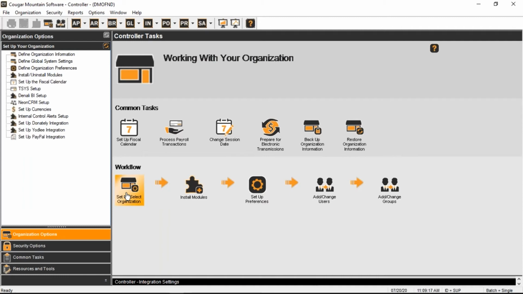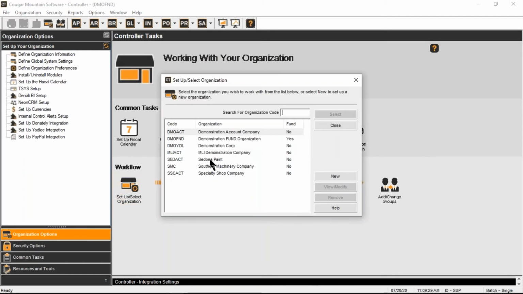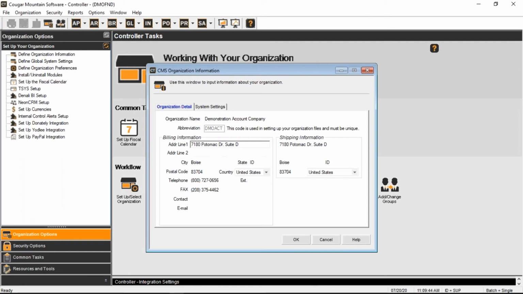You can set up any other users to go ahead and do anything else in the Denali system, except for that one thing. The SUP is the only one allowed to go in and edit the company information. So when you click on Set Up Your Organization, you see a list of your current company files that you have. And if you need to make any changes, you click this button here to View Modify. And then it opens up that company screen, like the company address, company information, things like that that you can